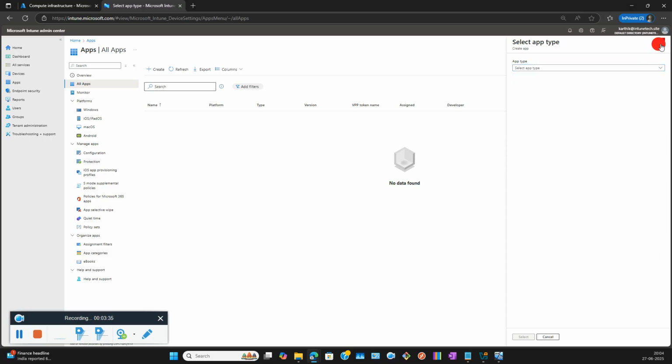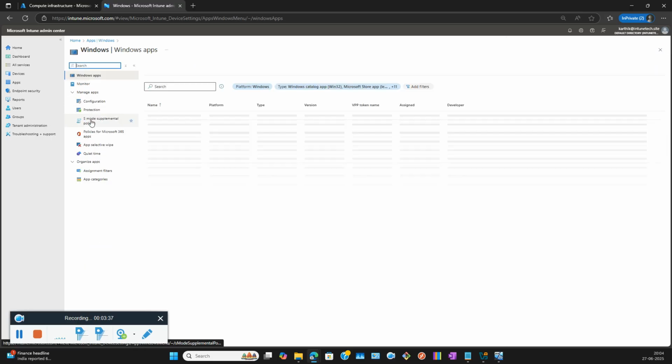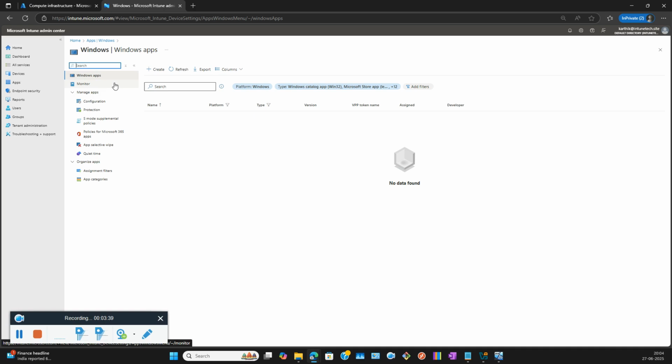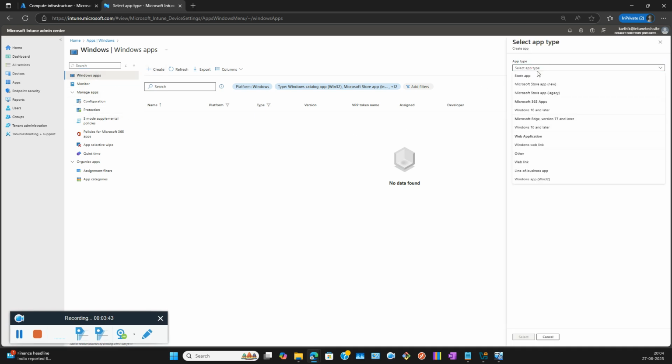So whenever you go platform wise, for the Windows apps, create, the most important one is the Win32 application deployment. Before doing this, what I'm going to do is